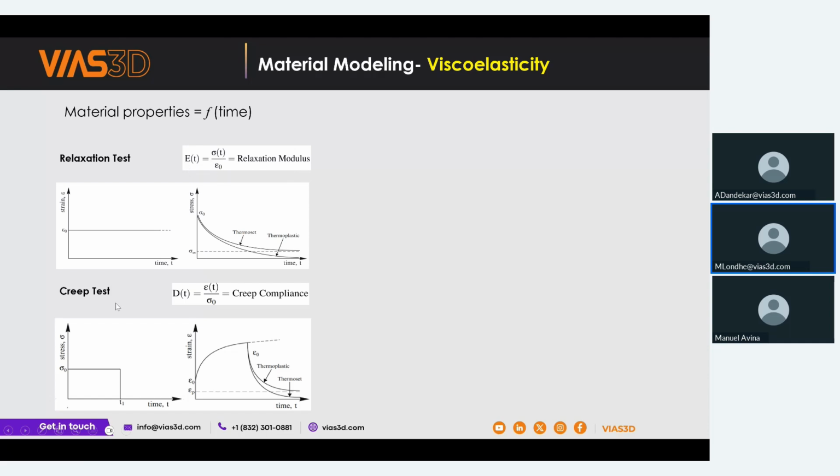In such a case, your modulus is a function of time, known as the relaxation modulus. In the creep test, on the other hand, we apply a constant stress, keep the sample under constant stress, and observe over time. Then you see the length of the sample increasing for a given stress. So it is basically a creep test, and here we measure the creep compliance.